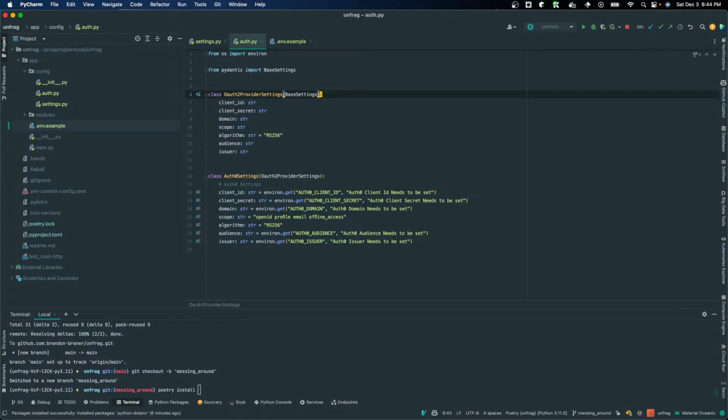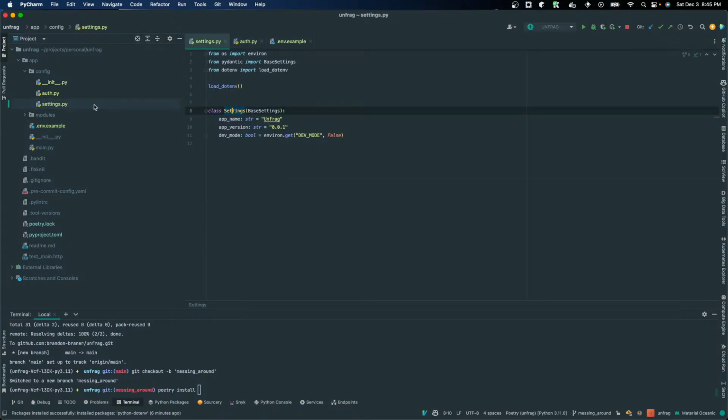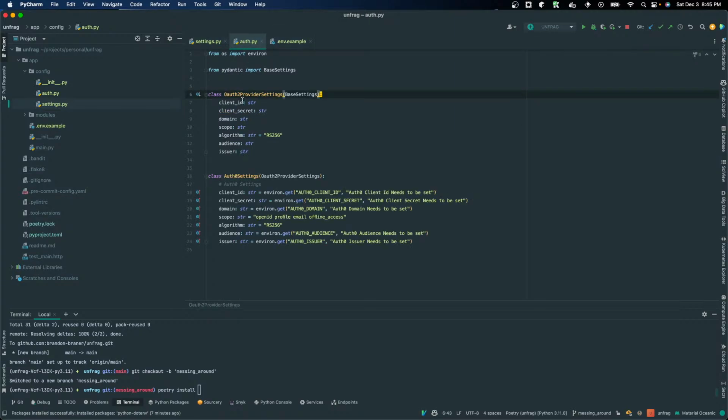So now what I can do is go back to my settings. And in settings, I can do auth, and that is going to be auth settings, because over here I have